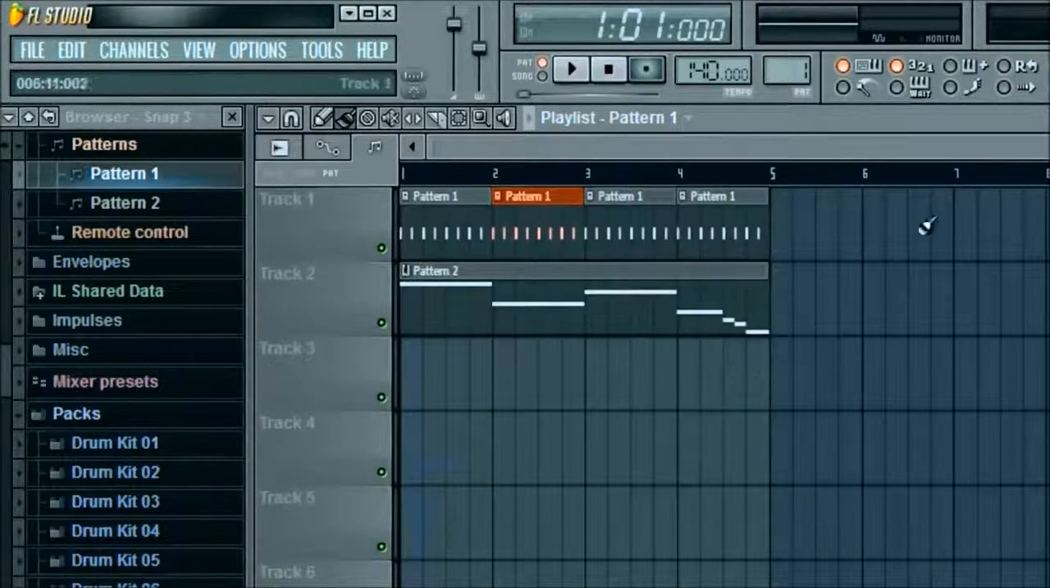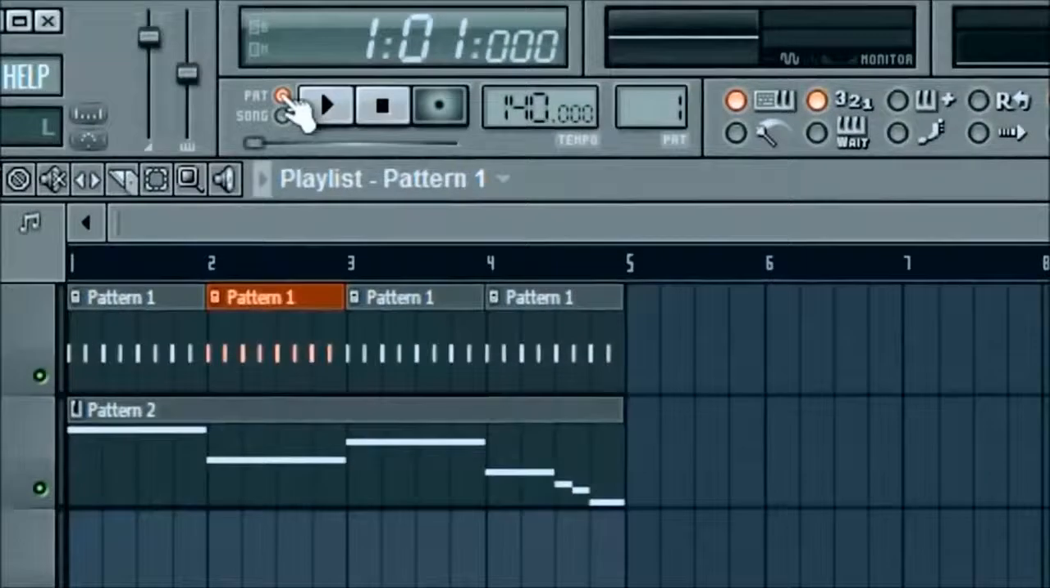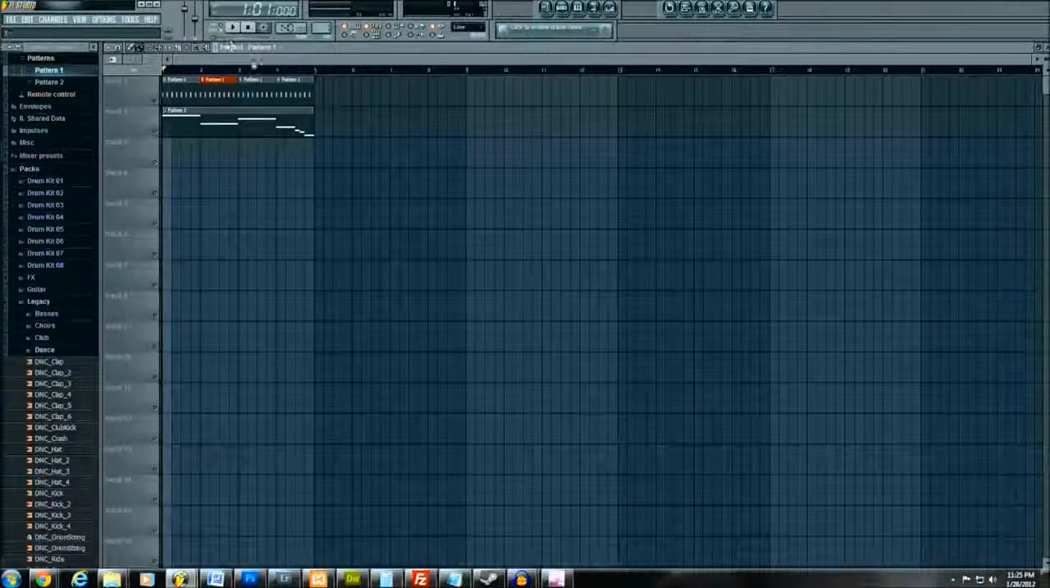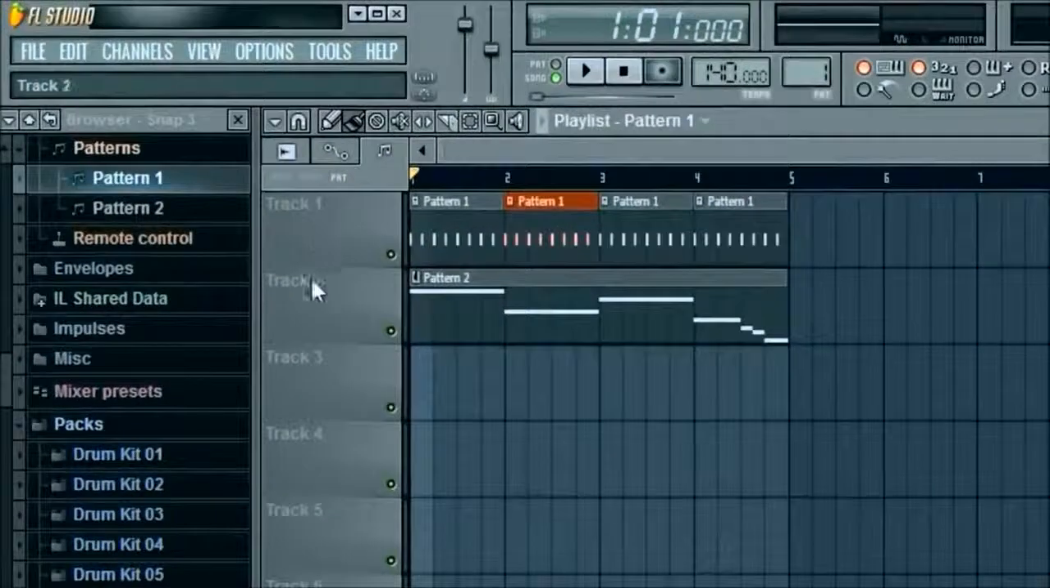Now we have pattern 1s all the way across and then pattern 2. If you click the same where you see the little red highlighted PAT for pattern, that means it's only playing an individual pattern. Whatever pattern is located here, that's what it's going to play when you click play. Alright, so in order to get the whole song to play, meaning it plays track 1 and track 2, or